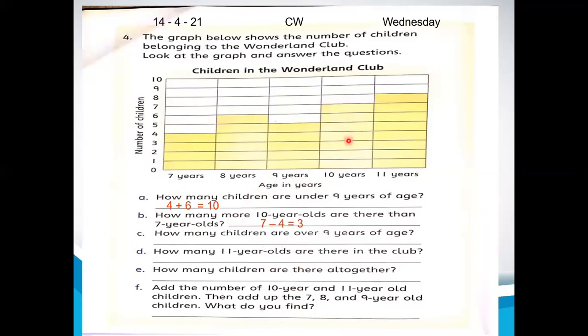The number of students of 10 years is 7 and the number of students of 7 year age is 4. As they ask the question, how many more 10 years old are there than 7 years old? That's why we are subtracting here, because when the term more is used, we use minus operation. So we subtract 4 from 7. We get the answer 3. Now write it in your book. Do it with me.